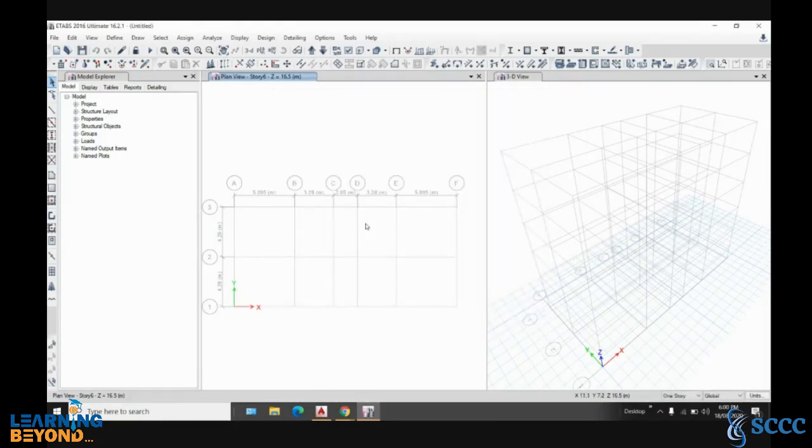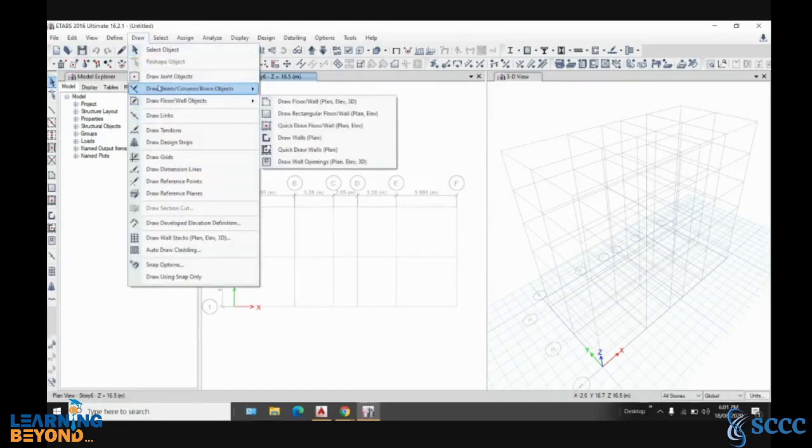Now we'll be in a position to draw the columns. You can draw the columns, but if you want to draw the columns at all floors, we have to go to this window where one story is printed. Click on that and make it all story, so that whatever columns you draw will be drawn on all stories. Otherwise it will draw at only one story, and you will have to draw the columns at each individual floor level. Okay, so go to draw.